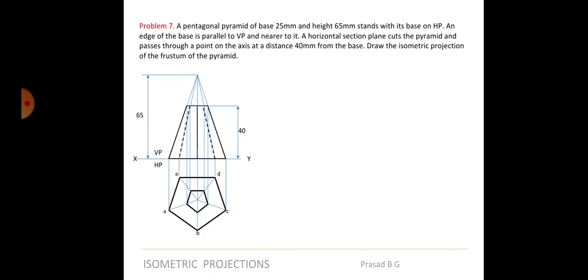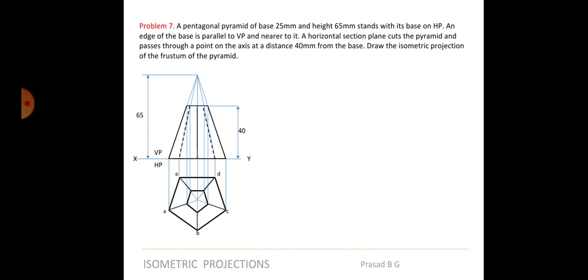Now from those corresponding points, from the OA line you will draw a projection to top view OA. From OB it is not possible. From OC you will draw a line to top view OC. From OE you will draw it to top view, and from OD you will draw a line to top view, and then you will get the smaller pentagon. So that means if you see the pentagonal pyramid from the top, this is how it is going to look. Of course you will have to join the remaining points with dark lines here. This is a visible edge, so from here it should be black. Okay, so this is how it will look.